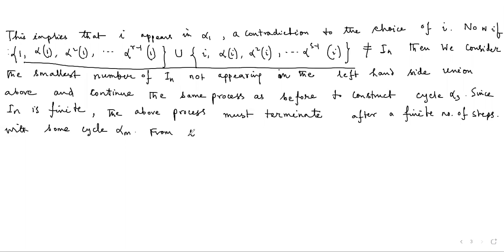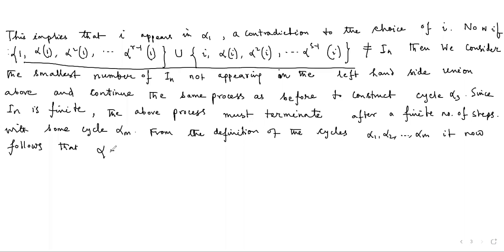From the definition of the cycles alpha 1, alpha 2, up to alpha m, it now follows that alpha can be expressed as the product of the cycles alpha 1 composition alpha 2 composition alpha m, a product of disjoint cycles. And all of these cycles alpha 1, alpha 2, alpha m are disjoint, which actually proves